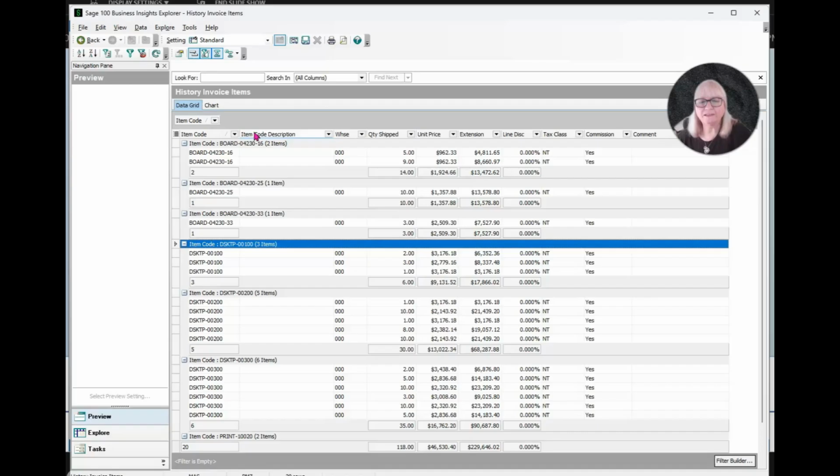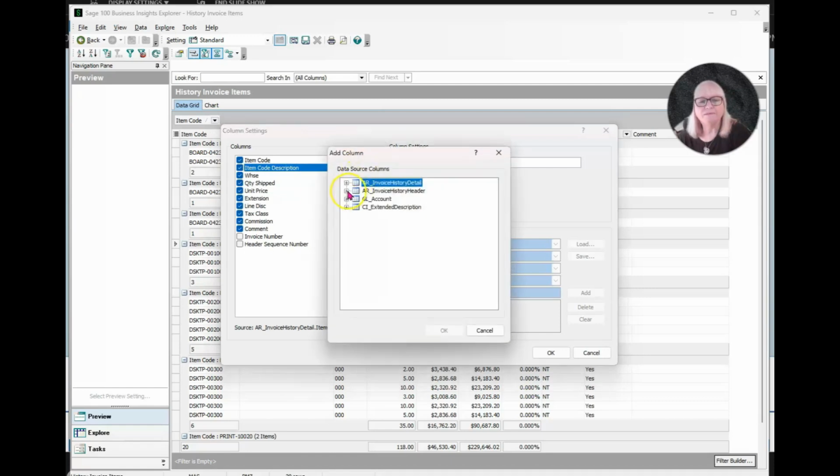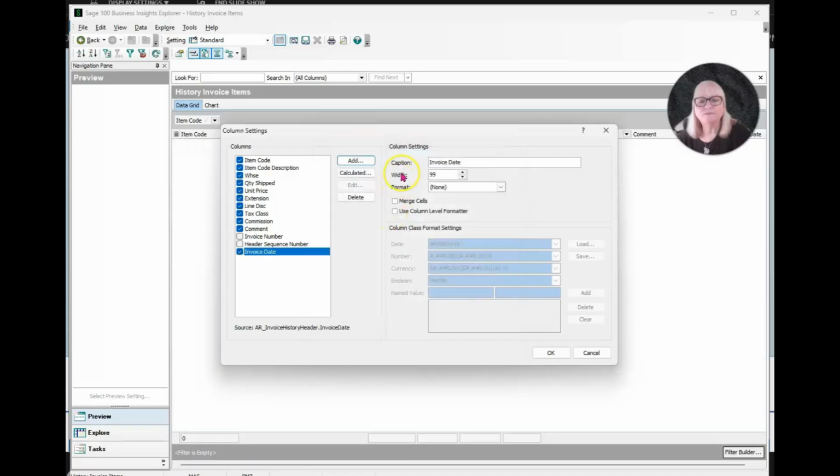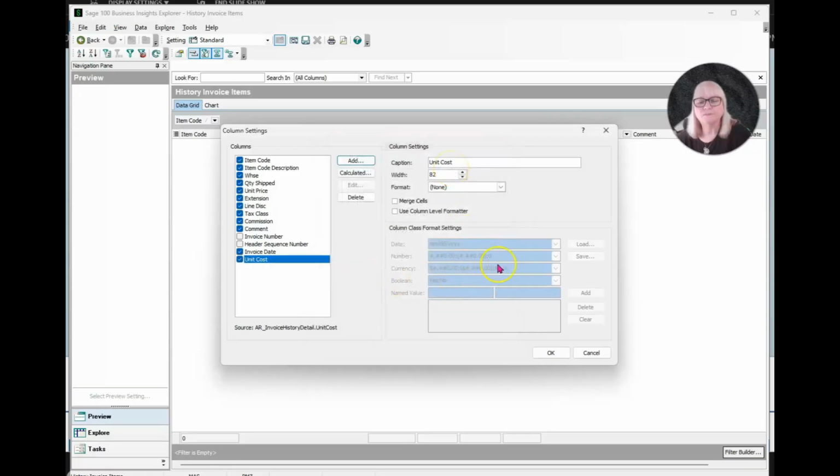So next, if we want to add some additional fields in here, as a reminder, at the top part, if you click on any column header and click on column settings, let's add the invoice date for starters, and then secondarily let's add from the detail, let's go down and add the unit cost so that we can do some calculations.